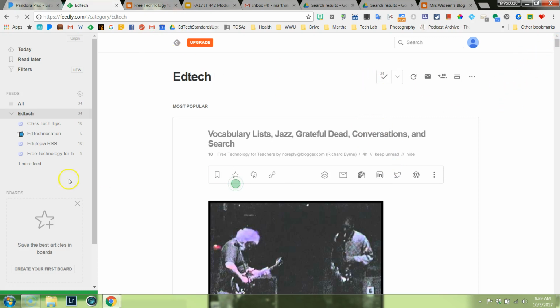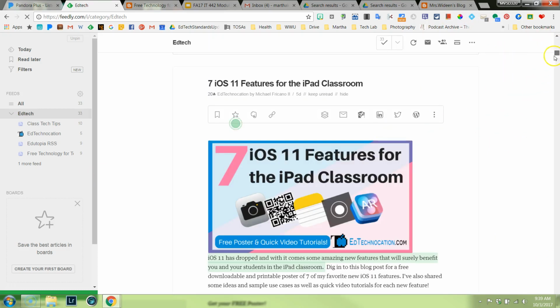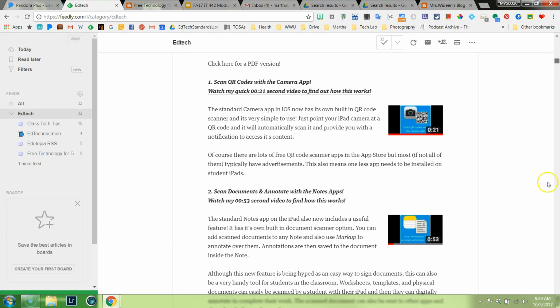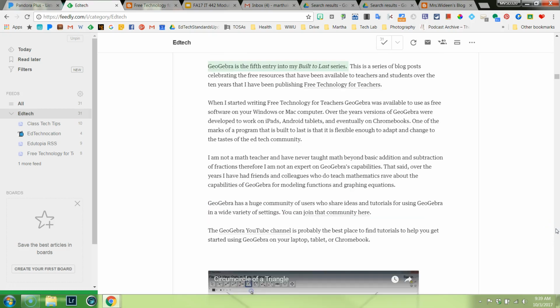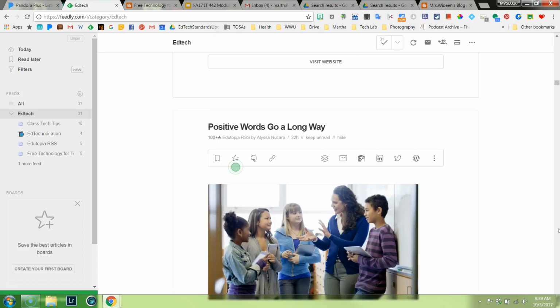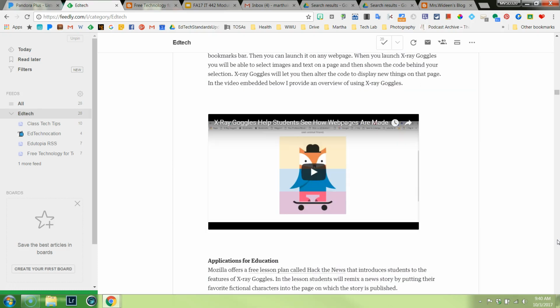This way I can see the whole article, and I don't have to go to the web page unless there's something else I want to click off of here. So I can just pop through here. And this is really what I do. I try to check my Feedly quite often. And when I do, I'm not reading every word. I'm just looking to see if there's anything that catches my eye that I do want to respond to, or I want to send to somebody